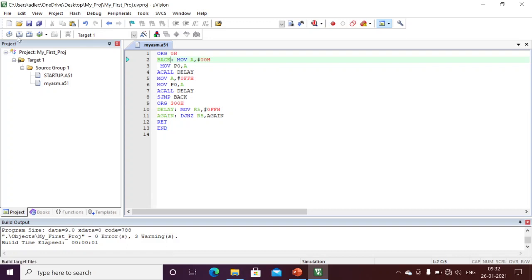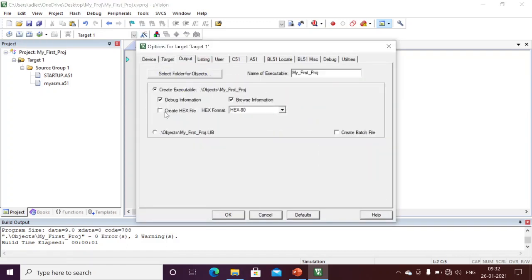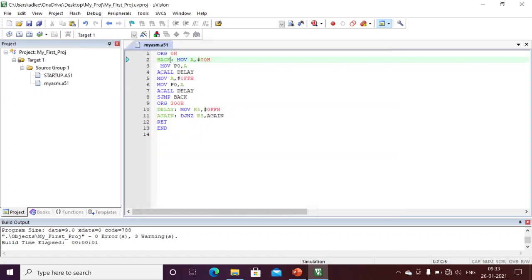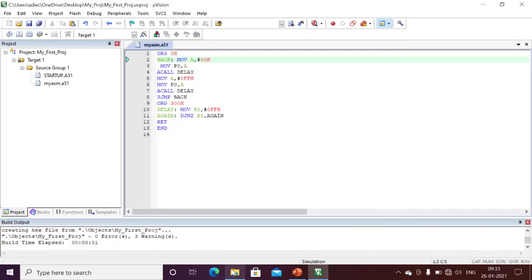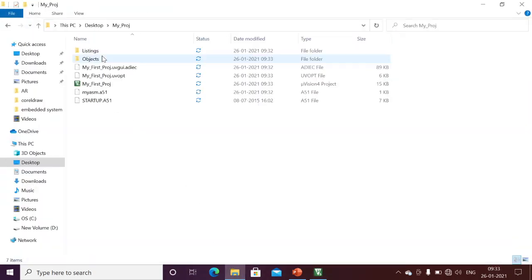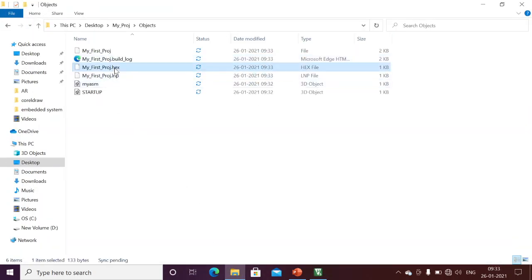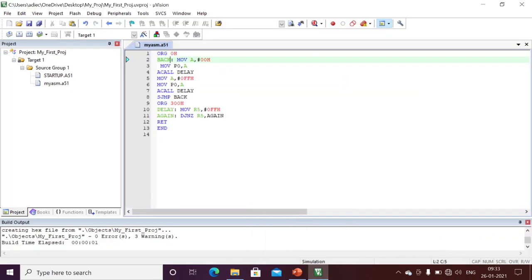And this is for the executable generation. If you want to store our executable in an out folder, we need to press this one, Create Executable. Otherwise it will just generate internally, and it will try to debug. If you want to generate an out folder, we need to select this one, and it will generate the executable in an out folder. For example, if I see in my desktop objects, okay, here you see the executable. Corresponding to this program, we have generated our executable.